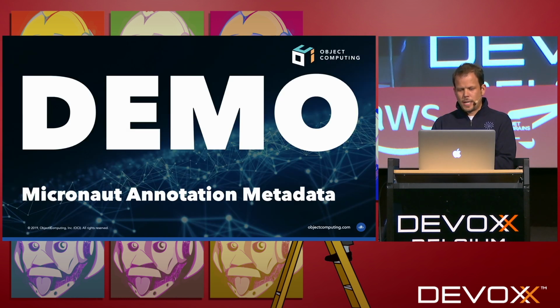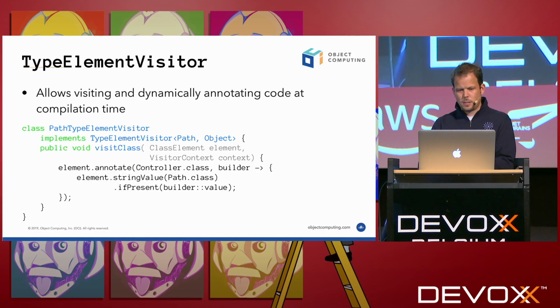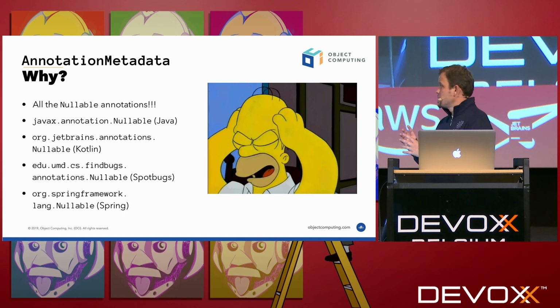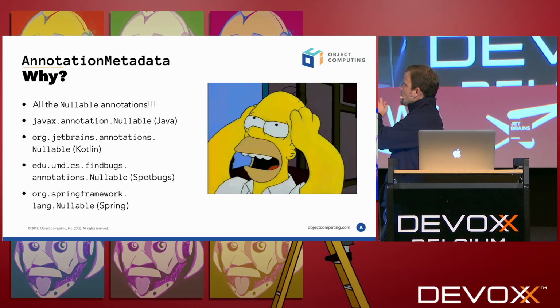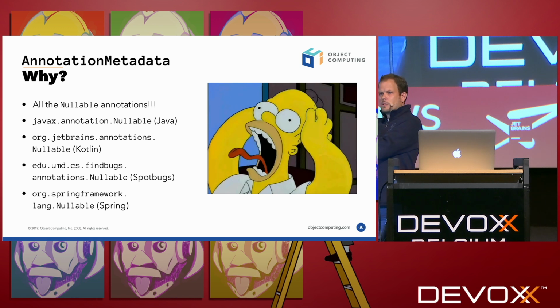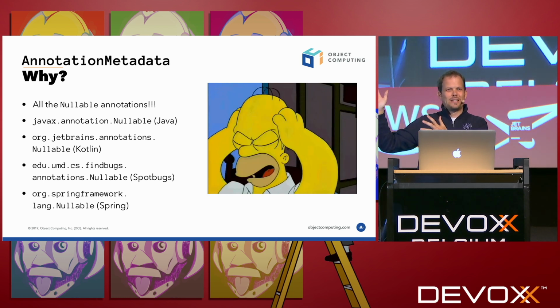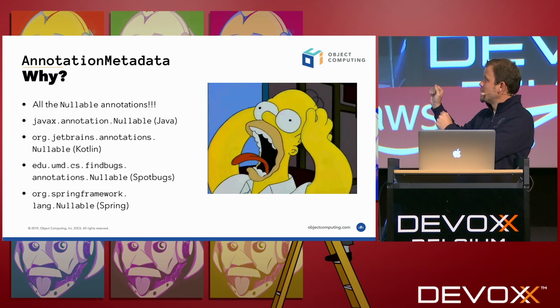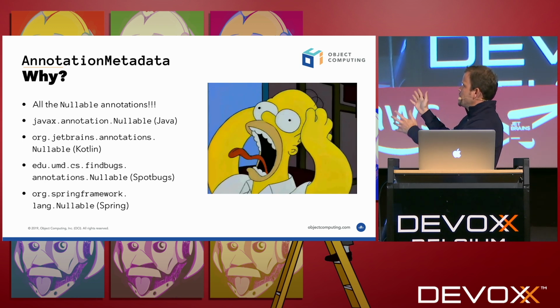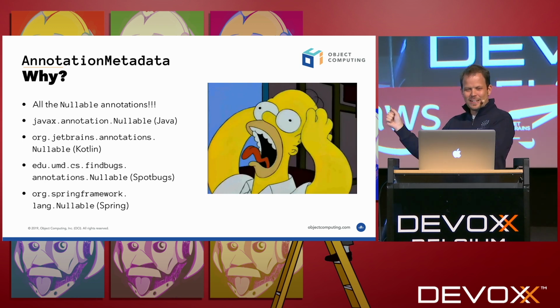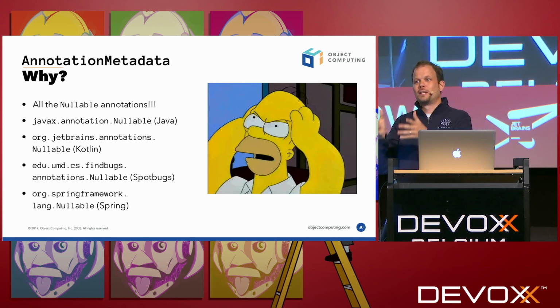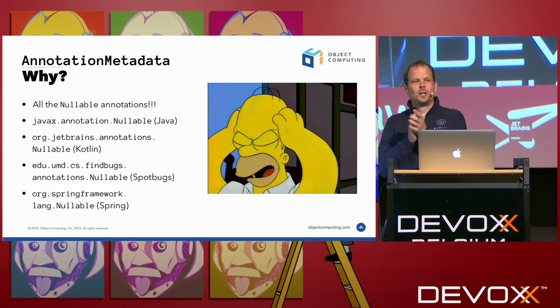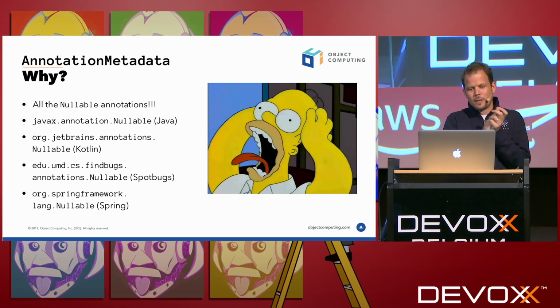Why is this so important? And why is annotation metadata so important? I think the case of nullable in the Java ecosystem is the perfect case study of why annotation metadata is so important for Java framework developers, because there are so many of them. If you want to figure out if something is nullable, whether it be a method parameter or a constructor parameter, you've got